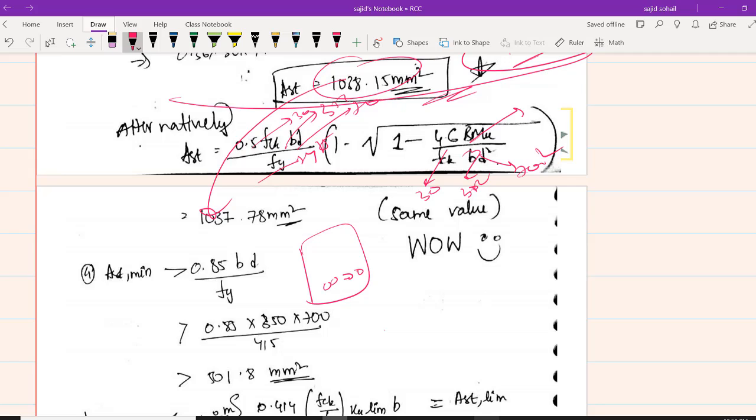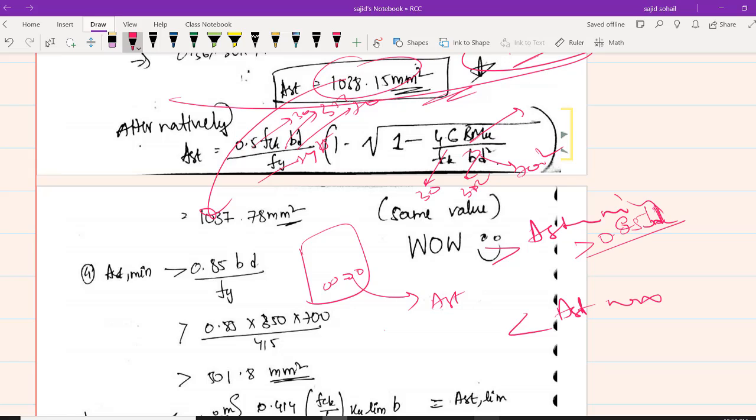But let us be very careful. The steel whatever you got should be in our limits. It should be greater than AST minimum and it should be less than AST maximum. Right. So AST minimum कितना है? It should be greater than 0.85 into B into small d divided by Fy. याद रखना 0.85 B into small d divided by Fy. बस इतना सा है. And AST maximum, which is obviously it should be less than AST limit value